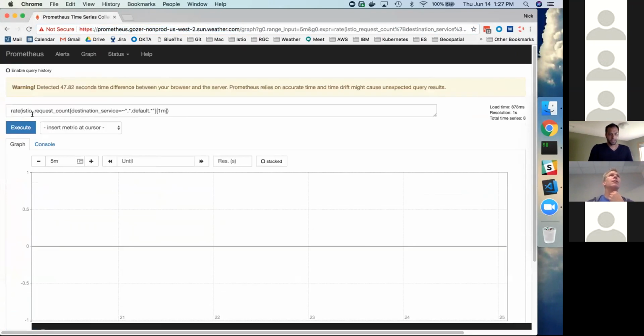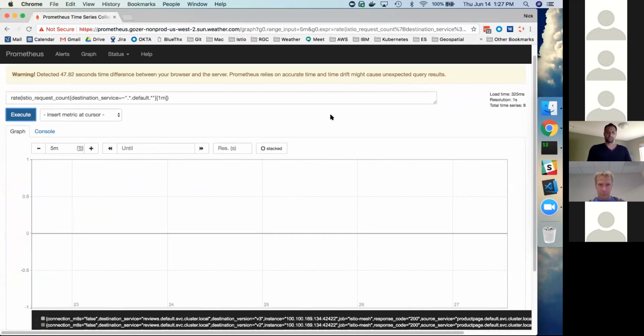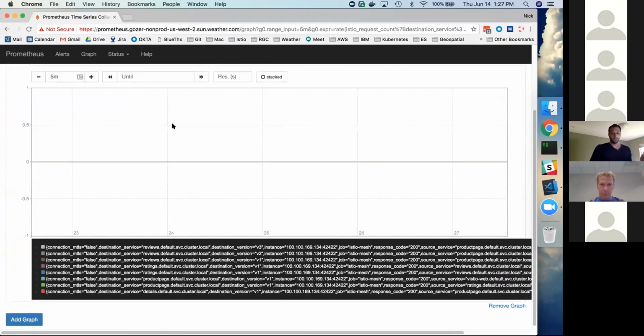And I'm checking the Istio request count rate. So I'm seeing how many requests per second they are currently getting, and they're getting 0. That's because we have no traffic going to them. These are the things we're going to display in our mesh with the live demo. So to get started,